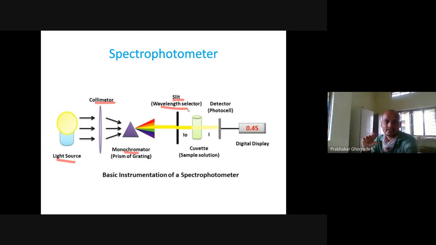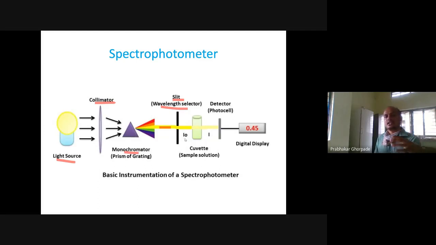Now this one is a yellow light. If you rotate it again, it will be the red light or the orange light. So based on our test, we have to select only a particular wavelength. For example, glucose. The wavelength needed for the glucose oxidase peroxidase test is 505 nanometer. So we rotate that one, and only the particular wavelength we select. The color passing through the prism can be yellow, red or orange. That is what we mean by wavelength selection, right?